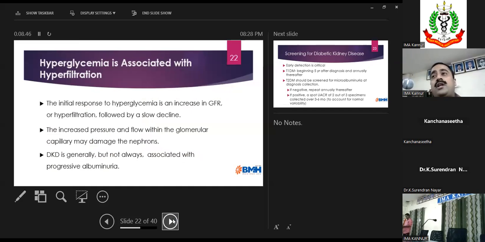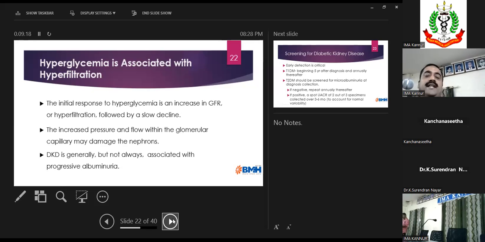This is another important concept of diabetic kidney disease. Many times the patient will come to us and say, sir, I have been diabetic for so many years, and look, my creatinine is only 0.9. But in the initial stages there will be hyperfiltration, and the creatinine will come down from 1.2 to 0.9 or 0.8 because of this. This is not a good sign. When a patient says my kidney is absolutely normal with a 0.9 creatinine, it is actually a marker of an impending rise in creatinine, an impending CKD the patient is going to face.